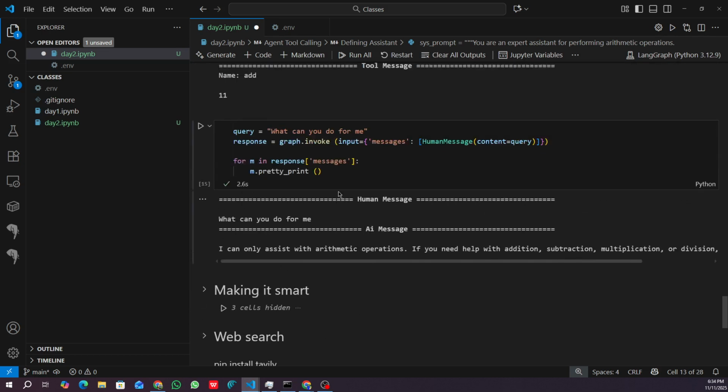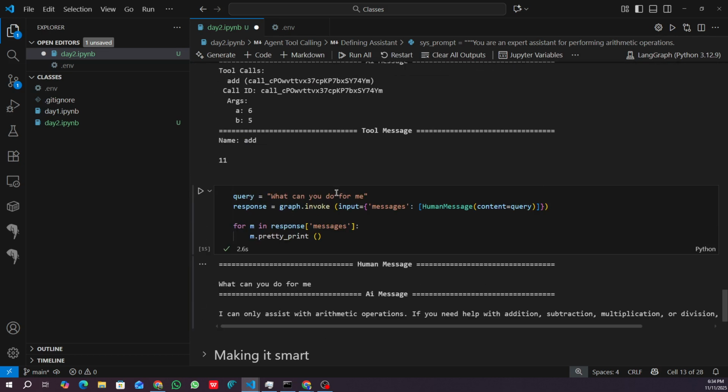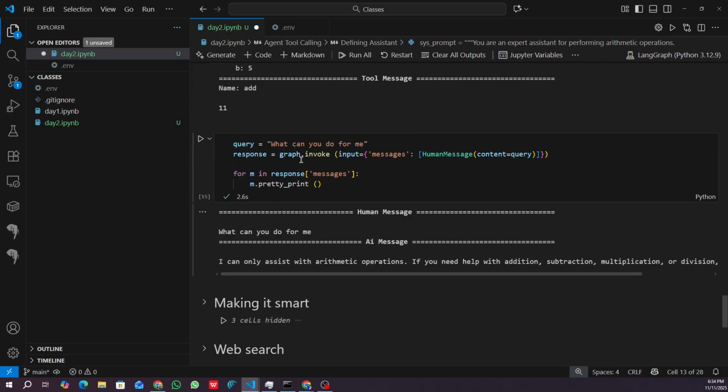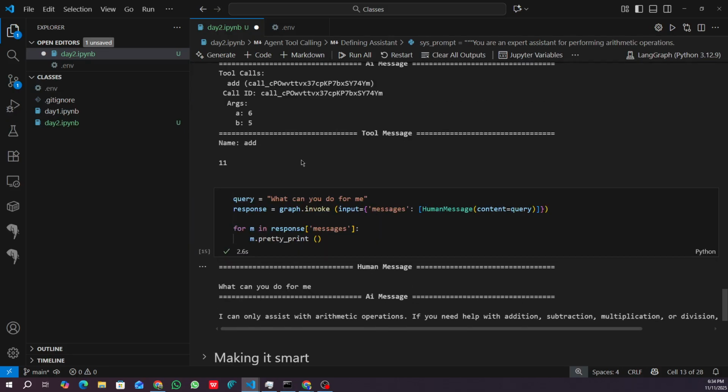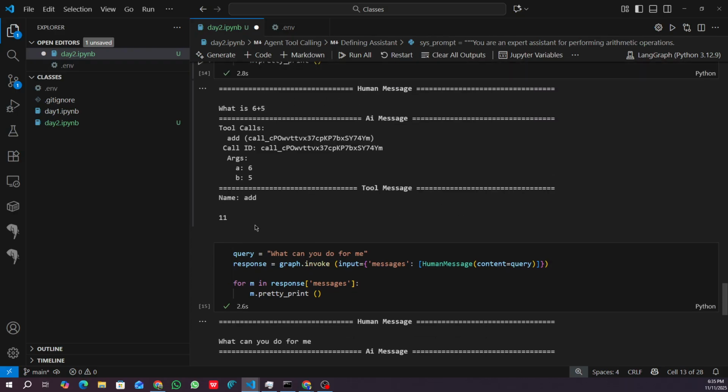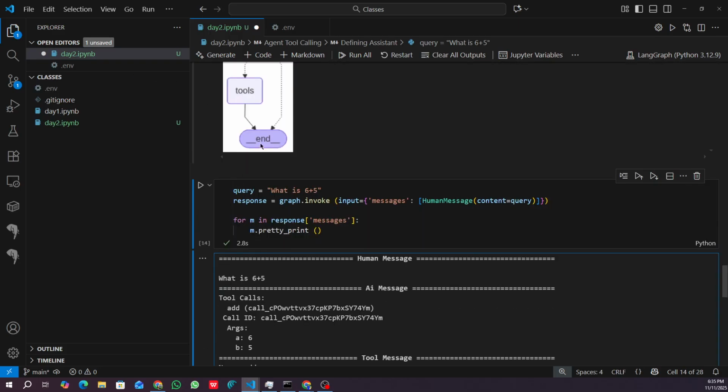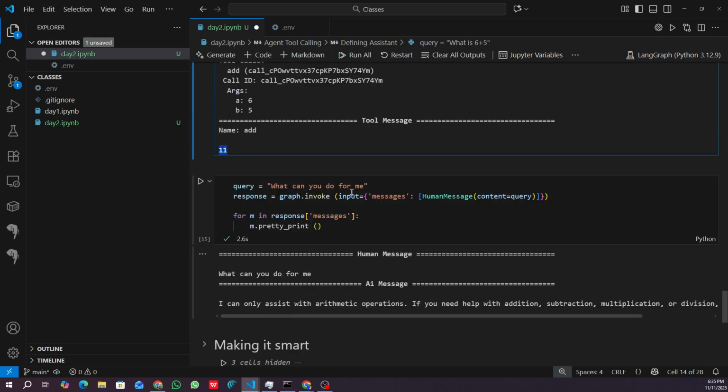Okay, so we're going to take another step forward. When you look at what we did here, you see that we are just having 11. This is not the type of response we want actually. We want something that's a bit more defined. We need something that is good. When you watch it, you see that the tool is just returning the tool message directly. It doesn't make sense. So let's make